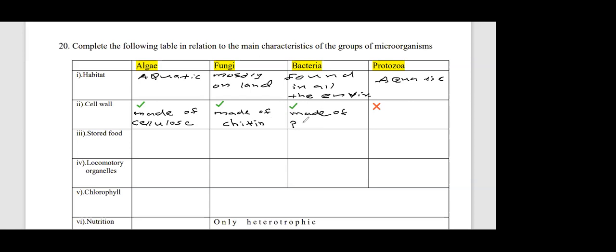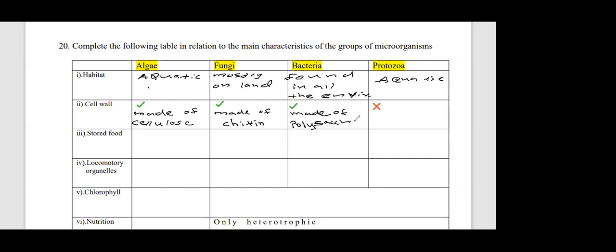Actually in the textbook they have given a separate paragraph, a separate page for each group, but I have given it in this format because it's easy for you to study. When the exam is closed, this is very easy because you will never get a question to write an essay about algae or to write down all the features of fungi. They don't ask questions like that. So that's how they have given the theory in the textbook, but I have combined all the microorganisms into one table, though they belong to different groups.